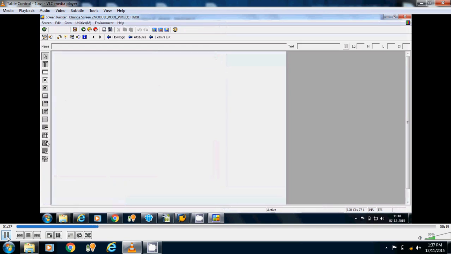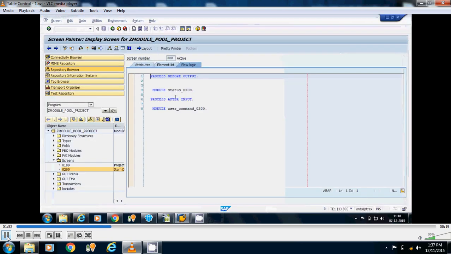Here we have the table control with wizard option. Whenever I want to display multiple details, I have to create a table control.